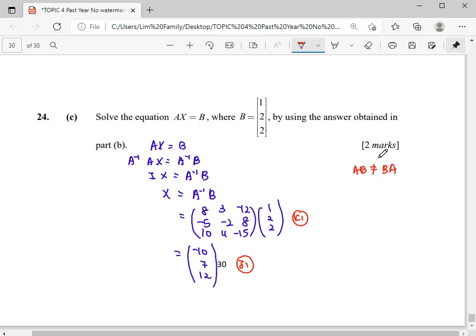Because in multiplication, the first matrix we use row, the second matrix we use column. So when you inverse the order, it will use the row of B and then column for A. It doesn't same. So that's why I show for you when I want to find X matrix here, means unknown matrix here,